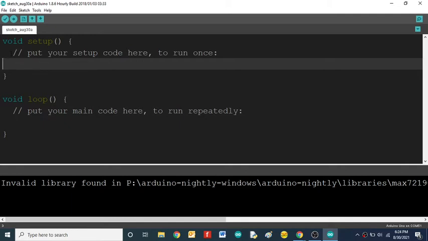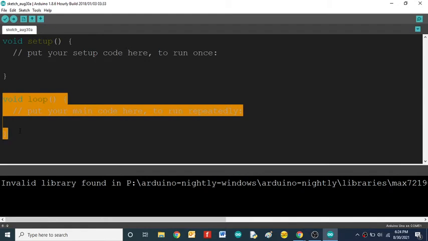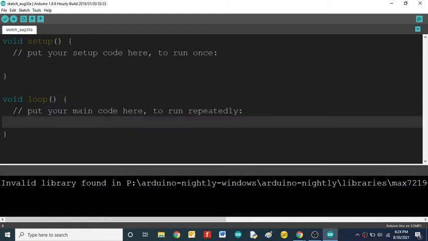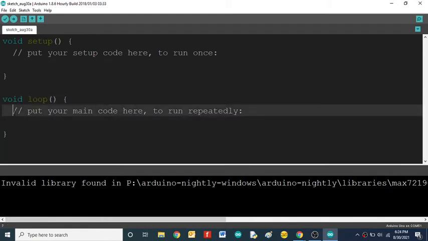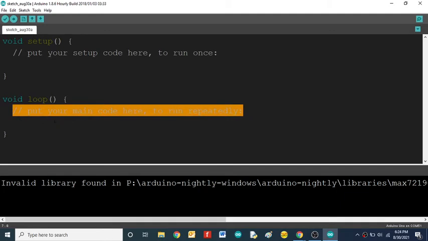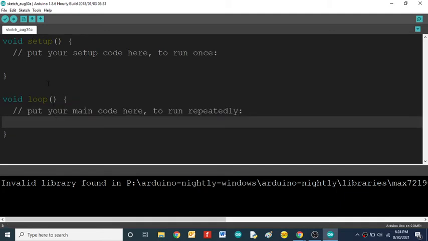That is the indication of void setup, and it will only execute once at the start of your Arduino microcontroller. And the loop is the iterative statement. It is an infinite loop, so your main code should be written within the void loop section, okay. That is the indication.